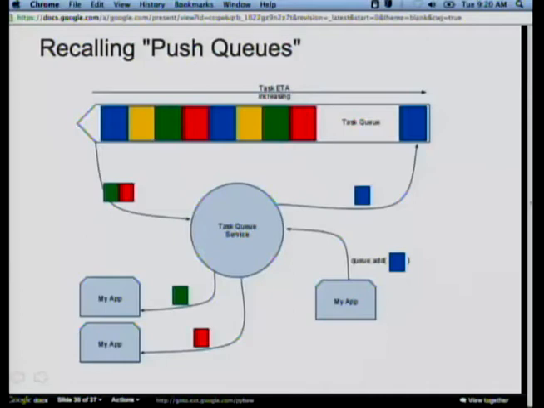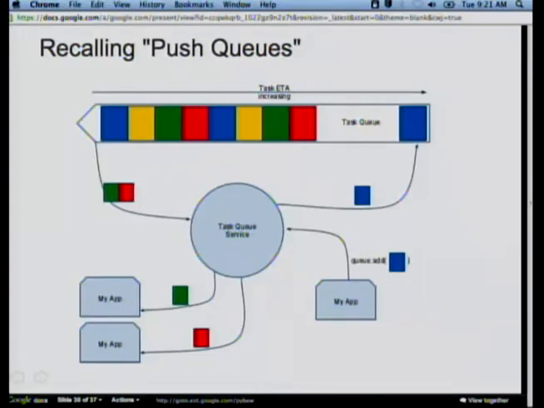First of all, you would queue up your tasks into a whole line of tasks, and then when the task queue service itself has defined when your application should run those, it will then take the task off of the queue and hand it to your application and